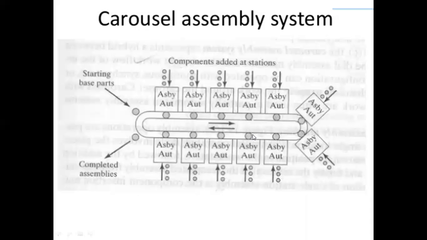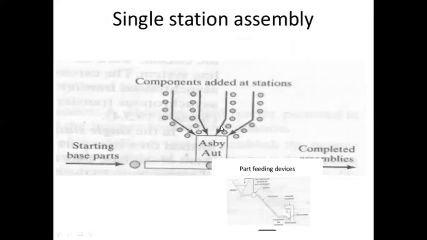Next, similar to this, we have already discussed rectangular production lines. This is the same thing, but this is the radial one, which makes an entry at one end, and at the same end on the other side, the completed finished product comes out. This is called a rowcell assembly system, similar to the rectangle type. And the third one is a single station assembly.